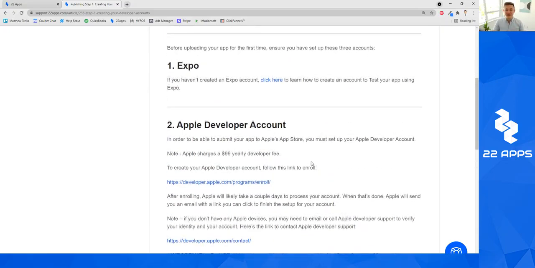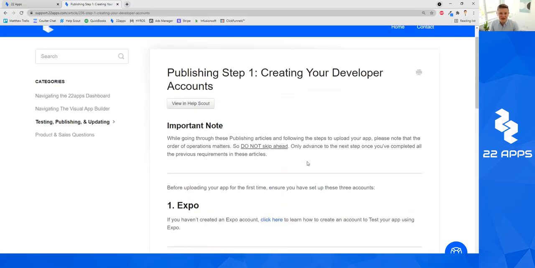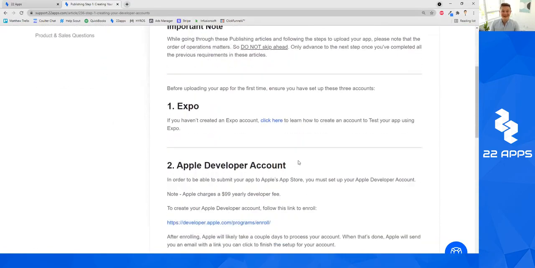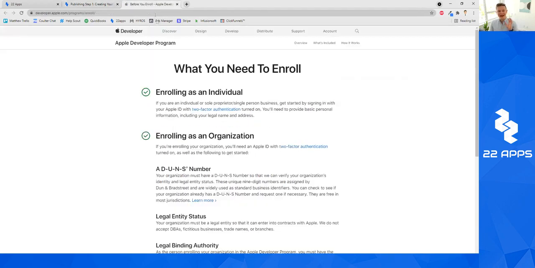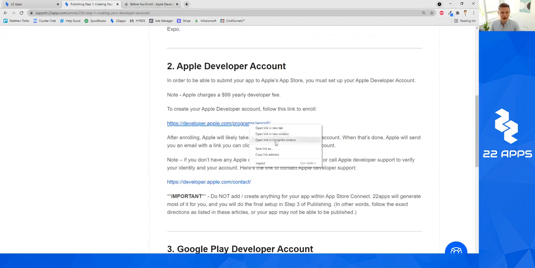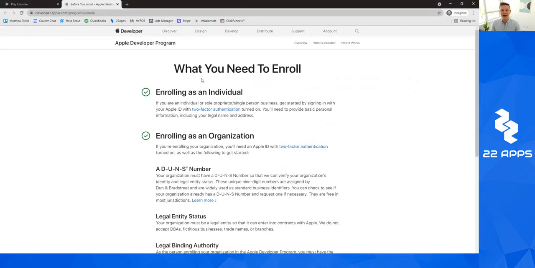So to create your Apple developer account, there should be a link on screen to either this article or directly to go ahead and create your Apple developer account. Basically, when you do, a page will look something like this, all right? And it'll say what you need to enroll. And you may want to read this